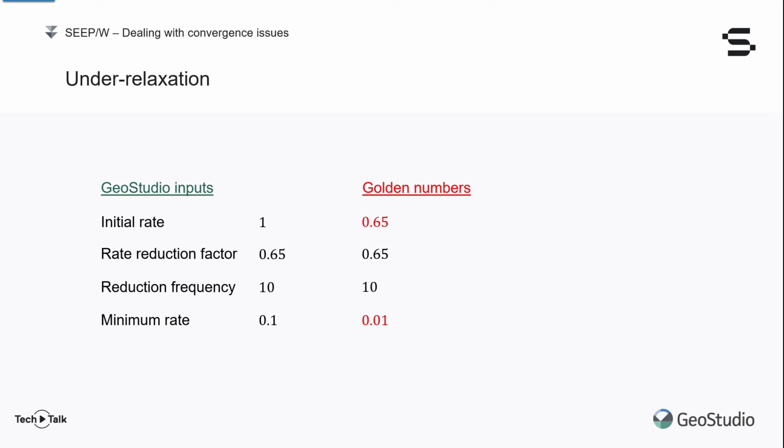The initial rate is set to 0.65 instead of the standard value of 1, so that the under-relaxation scheme comes into effect right at the onset of the iteration process. The minimum rate is also decreased to 0.01 instead of the default value of 0.1, so that smaller alpha values can also be trialed. These simple adjustments can generally do wonders when convergence is difficult. Let me return to GeoStudio to see if applying these golden numbers to our tailing dam analysis can help us